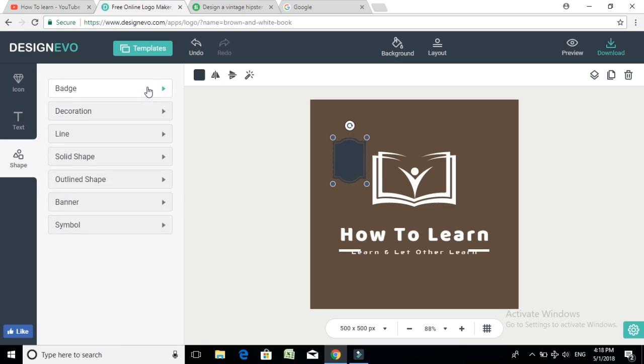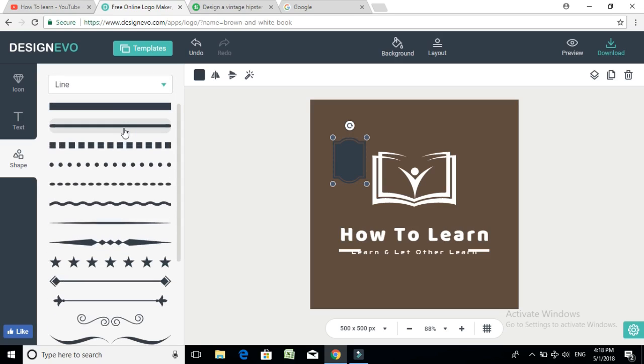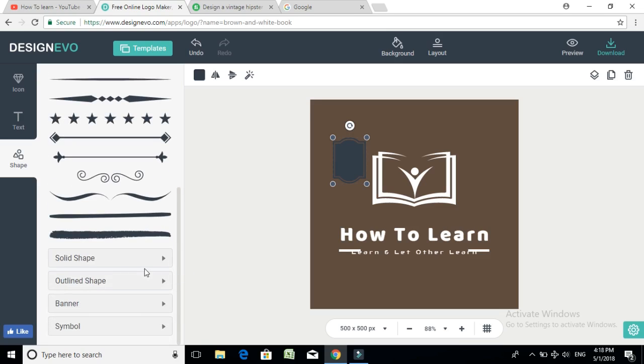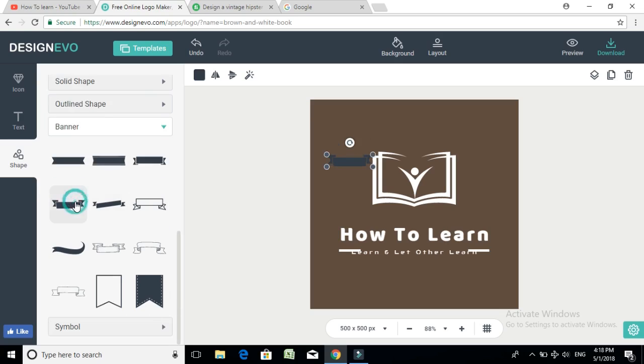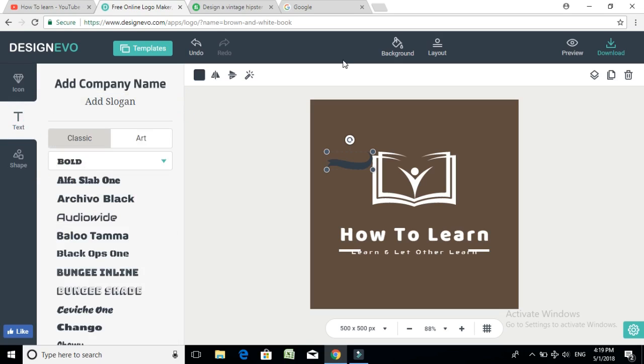After that you can see here line. If you want to insert any line in your logo, you can insert a line. Solid shape, banner, symbol. You can see here, if you want to create a banner, you can add a banner also. After that, if all the editing has been done, click on icon or text again, and after that you can see here the